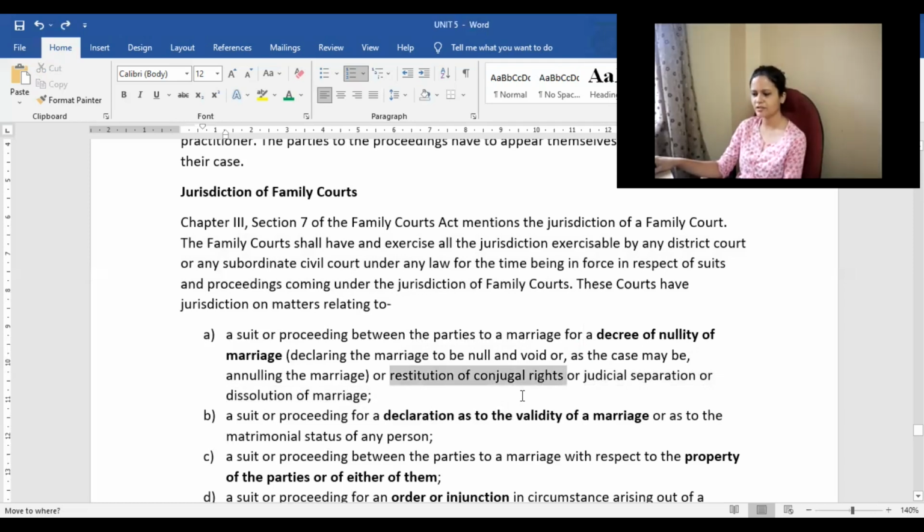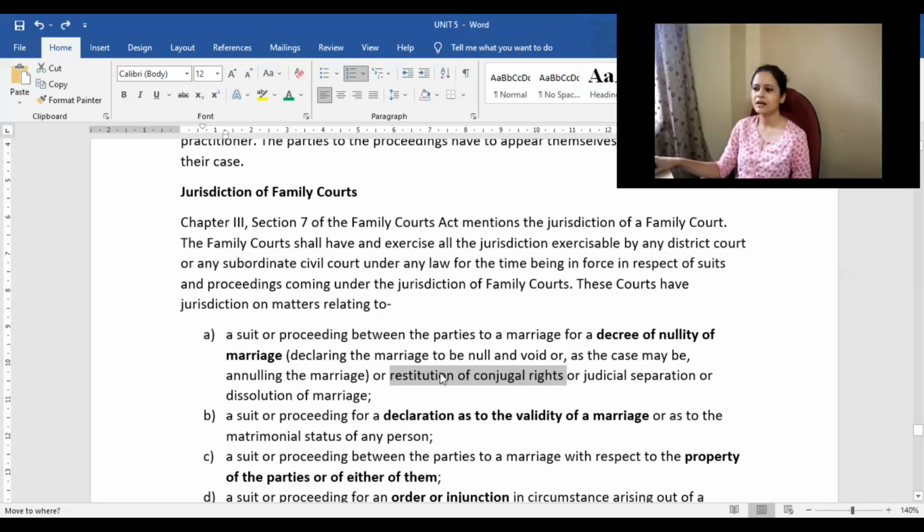So restitution of conjugal rights, have you come across this somewhere? No, ma'am. So restitution of conjugal rights, right? Basically, we say in India that you don't marry the person, you marry the family. Why do we say it? Because there are some responsibilities and obligations that come along with marriage, and some expectations that parties have from one another. So if someone, without any valid justification, simply ignores all those responsibilities, as if there is no connection,